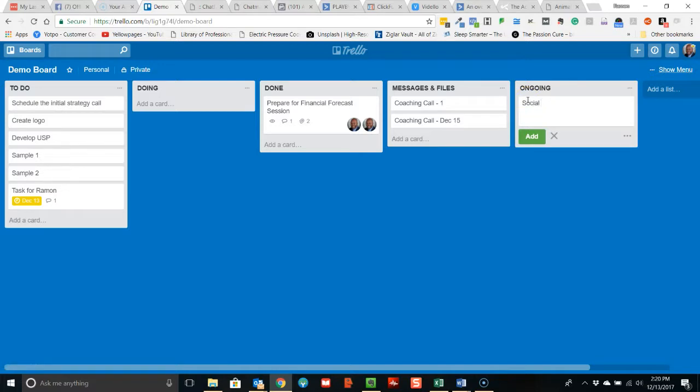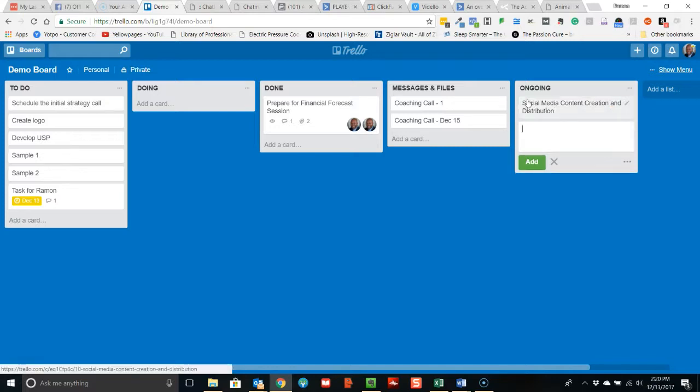Ongoing would be things like social media content creation and distribution. Just remember something I needed to do for today. Okay. That way, whenever you come into Trello, because we all get bombarded by a lot of different things. So what I envision is this as a tool to help you and I stay on task. So when there are 2, 3, 4 different things that need to be done, well, if you have a list in here,